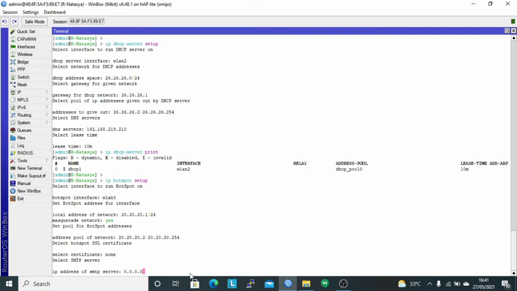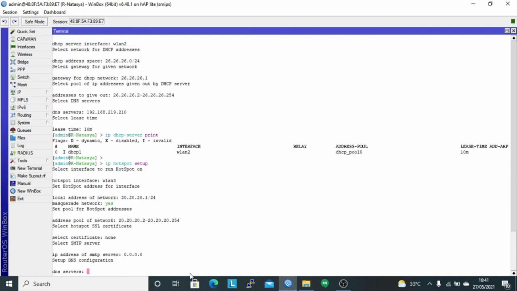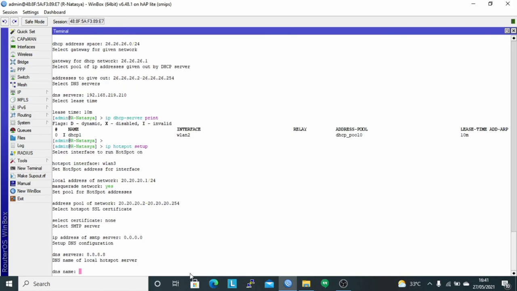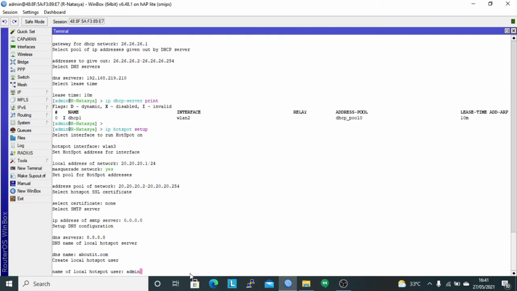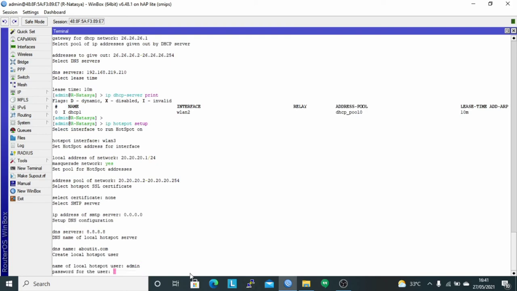The IP of the SMTP server I choose default, and for the DNS server I use Google DNS, and for the DNS name I use aboutit.com. For the name of the local hotspot user I use admin, and the password is blank.